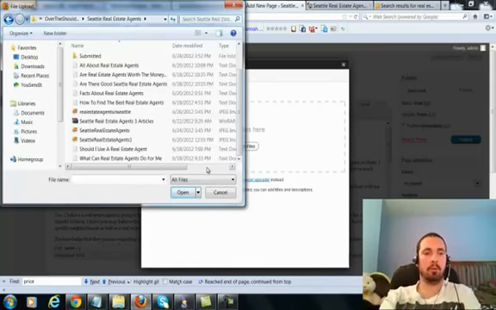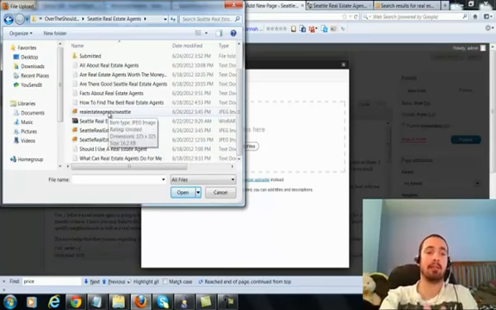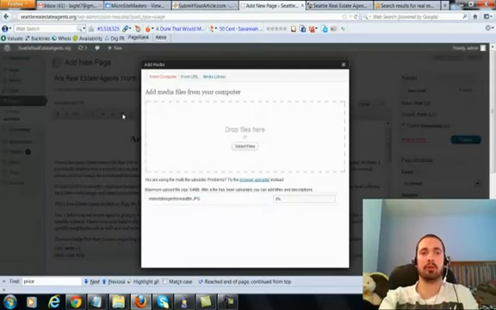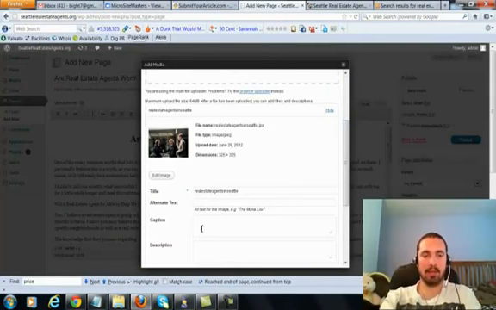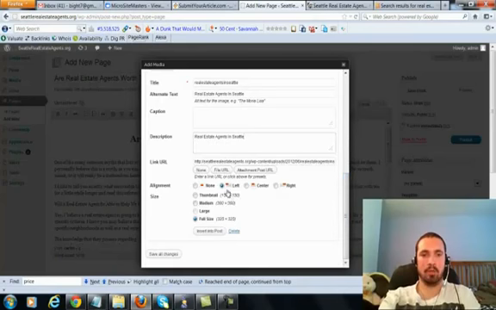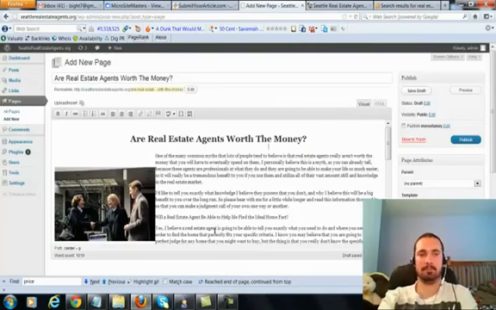Alright, so I'm in the folder. These were my first two. Recognize I named them the name of my main keyword. For this one, I'm switching it up and choosing an LSI version of my keyword for the file name, and that's Real Estate Agents in Seattle instead of Seattle Real Estate Agents. So I'm going to go ahead and choose that. I'm going to make that the name of my alternate text and description. I'm going to copy it and paste in my description. I'm going to put it to the left, full size, insert it.